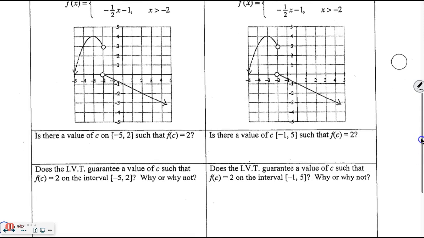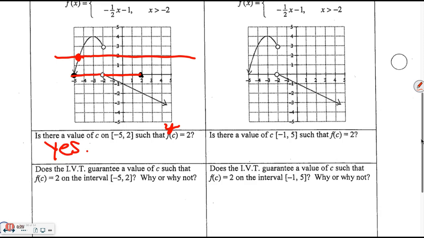So here you go. It says, is there some value between -5 and 2? We're looking in here. Is there some value between -5 and 2 such that f of c equals 2? Remember, this is the y value when we talk about f of c. And you can see here's y equals 2. And it did happen one time. So that's a yes. So it did happen, but it wasn't guaranteed